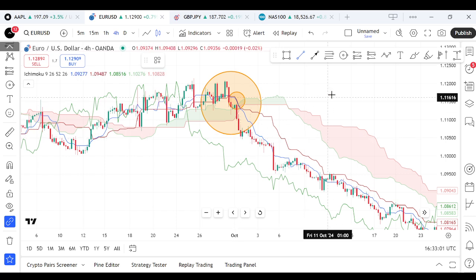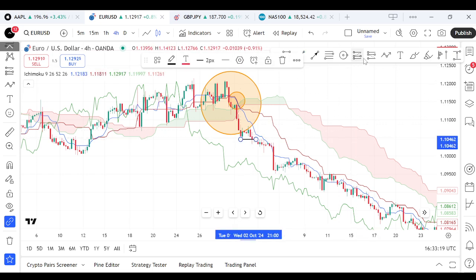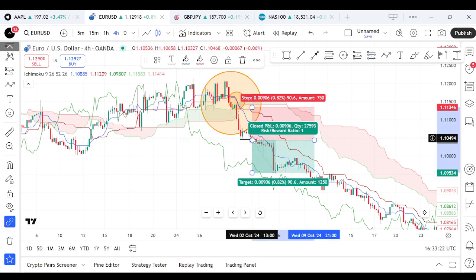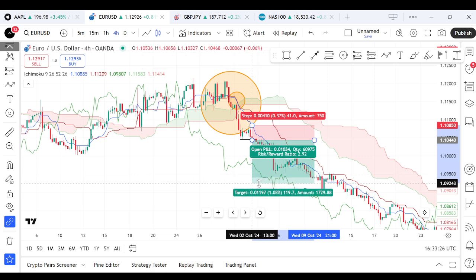You should wait for a pullback like this. Price kept on going down, then we had this minor pullback, then the continuation break of market structure to the downside. Now at this break of market structure, that is where I'll place my entry. I'll just be waiting for this market structure shift right here. So just place my sells from here and stop loss above that, and my take profits all the way down